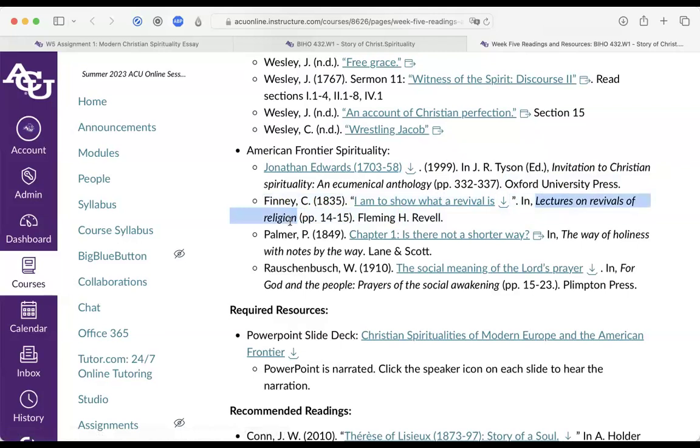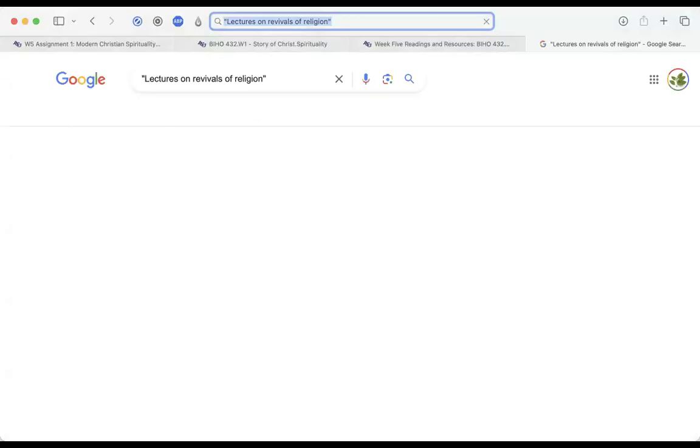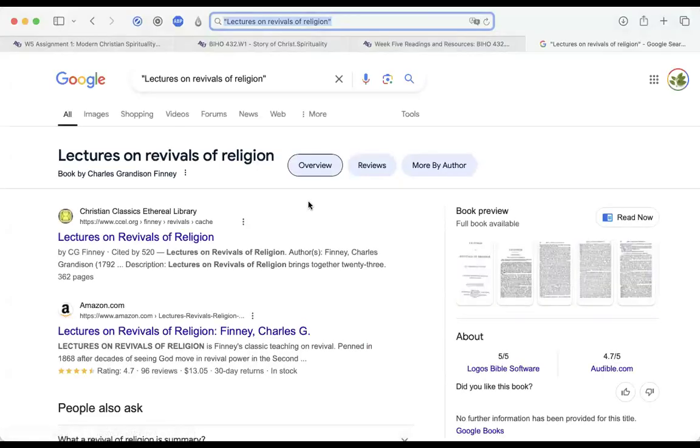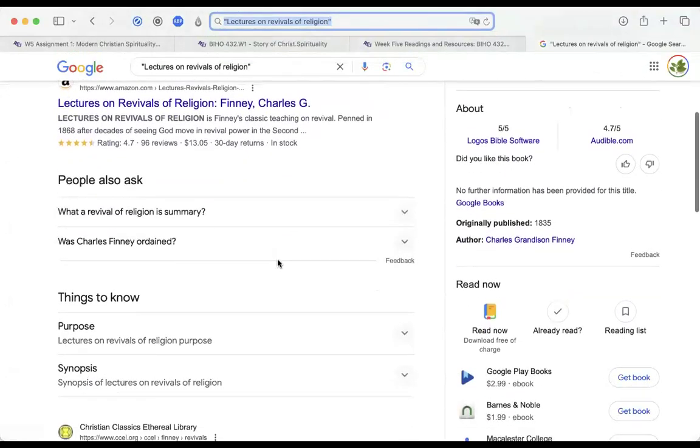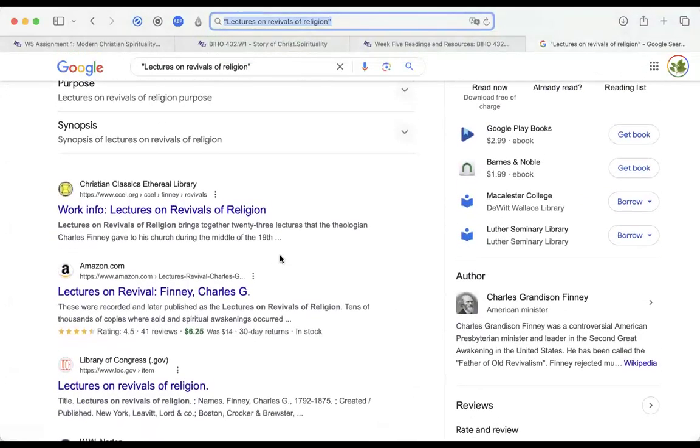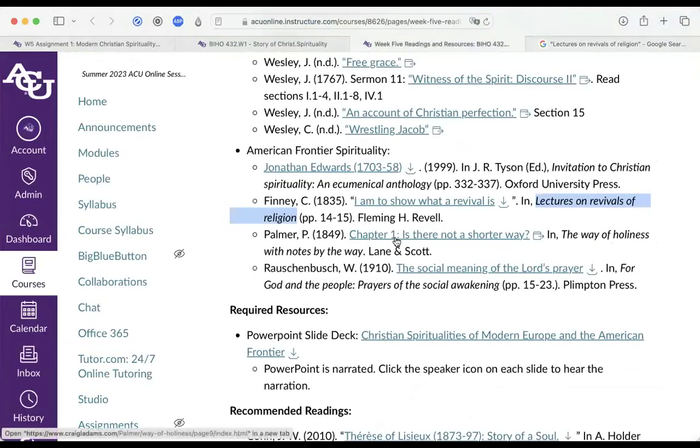Now, if you were to do a search for that, Lectures on Revivals of Religion, we see that this is a book by Charles Finney. So even though it is presented here as if there was editor information, we know from looking at it that that was a book, and this is an essay within it. So in APA style, because this is from a single author volume, meaning no one else is contributing to it or writing chapters separately,